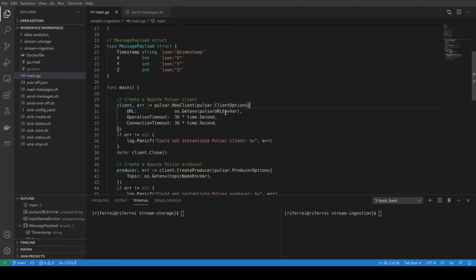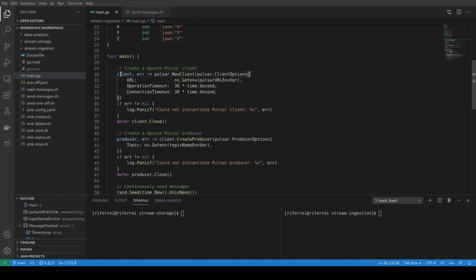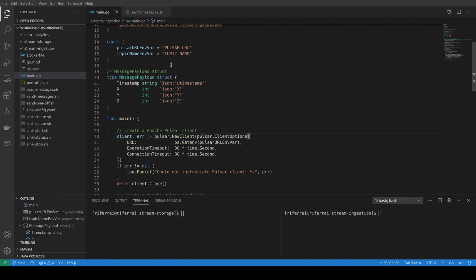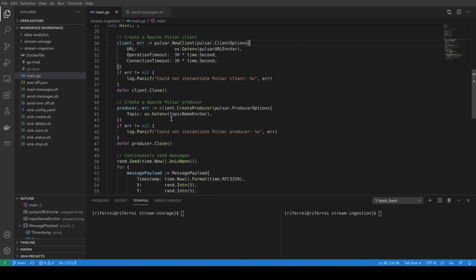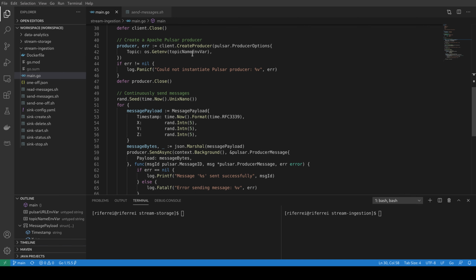So what I have here is a simple code written in Golang that essentially creates a client for Pulsar, giving the URL of the Pulsar endpoint that is provided by the environment variable. Then I create a producer out of this client to produce messages for a given topic.